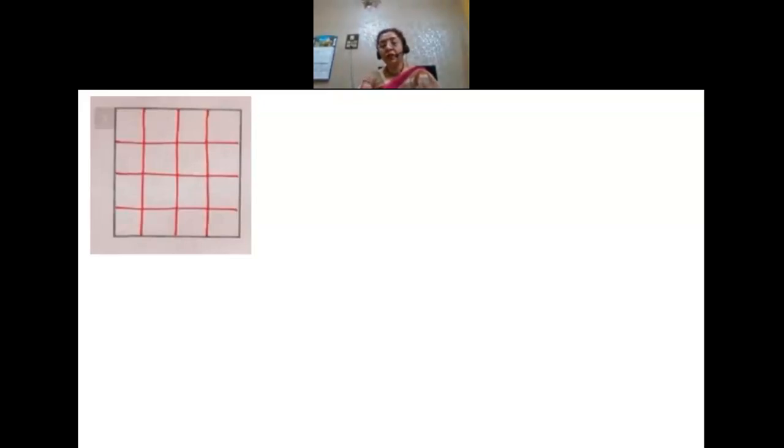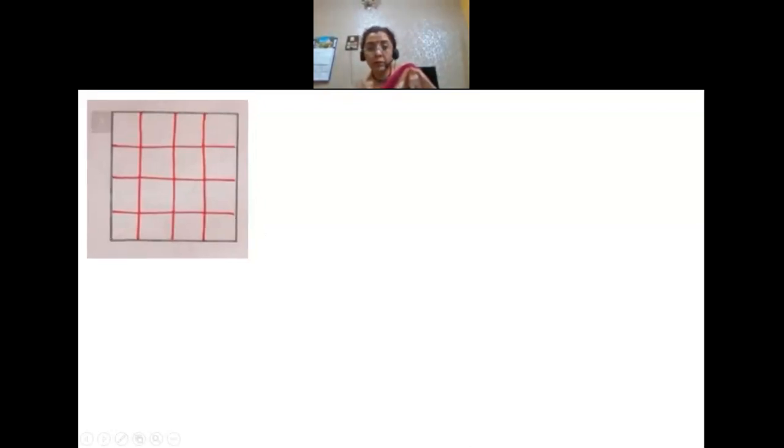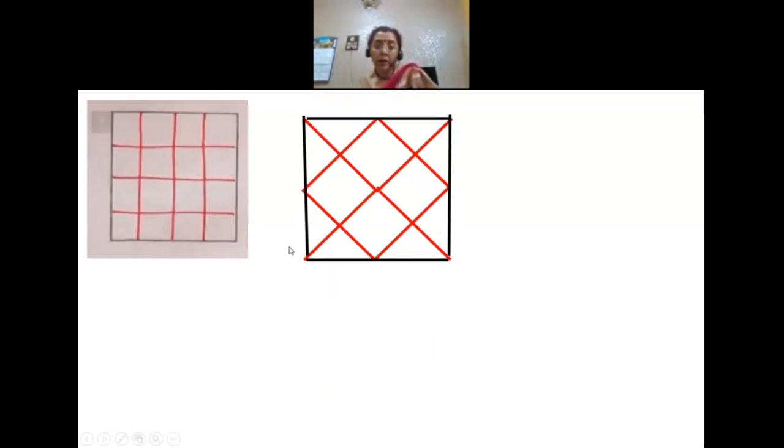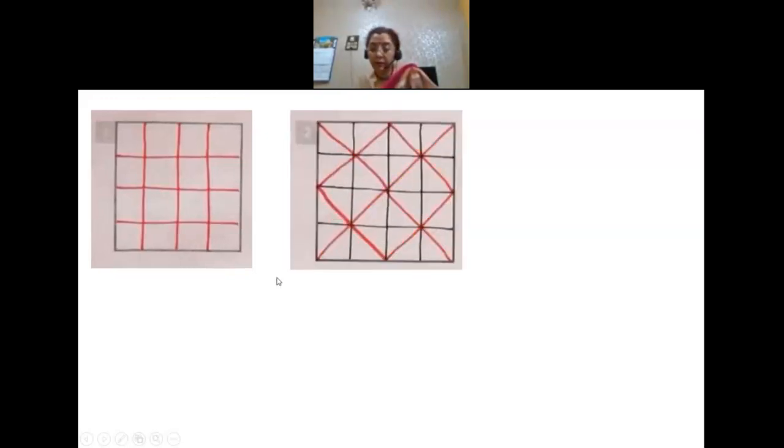Now those who are teaching vertically opposite angles, I think this is also there in your copy. The next figure, vertically opposite angles. Now, if we want to save the page, both things can be done on the same page. I think in all classes 6, 7, 8 this is in the copy. Now here we can ask the students, if the length of the smallest square is 2 centimeter,